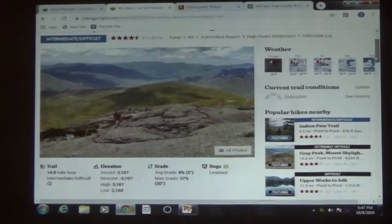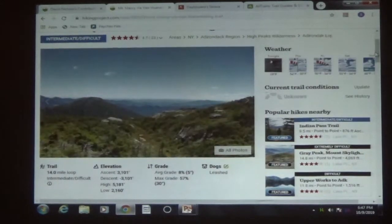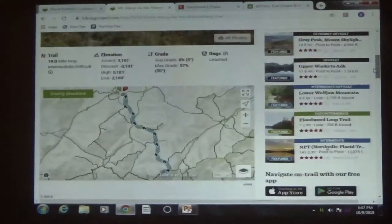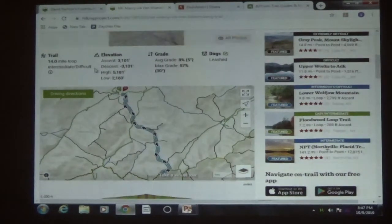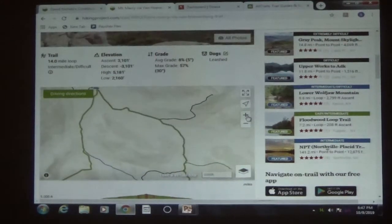You can also add pictures to these a lot. That's a big part of a lot of these apps, is adding photographs. But again, it's giving you some information about the trail. You can zoom into this and get some topographic information. You can pull up driving directions. You also get to see